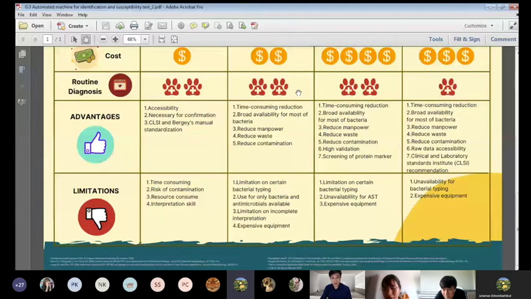Advantages of MALDI-TOF MS are time-consuming reduction, availability for most of bacteria, manpower, less risk, product reduce contamination validation, and scalable for protein marker screening. The limitations